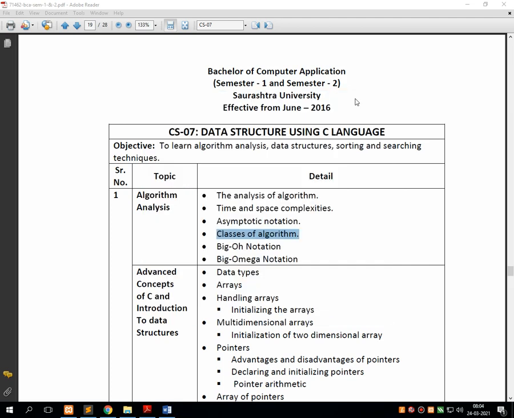Hello students, welcome back to another session of CS07 Data Structure using C language. In our previous lecture we started with Unit 1 and Topic 1 called algorithm analysis, where we introduced the definition of algorithm